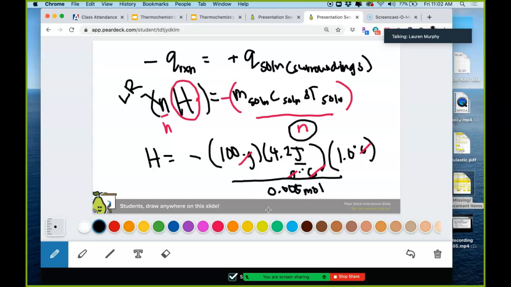Okay, now I'm going to rewrite this, right? Because technically you're not supposed to have a calculator. So I'm going to rewrite this like this. 4.2 joules per 5/1000 moles, right? This is this number in fraction. And the reason I did that is because I know that now I can do this. 4.2 joules times 1,000/5 moles. Okay, and then I go, oh, all of my answers are in kilojoules. So, sorry, I'm kind of running out of room. There are 1,000 joules in 1 kilojoule. So these thousands go away, and I end up with